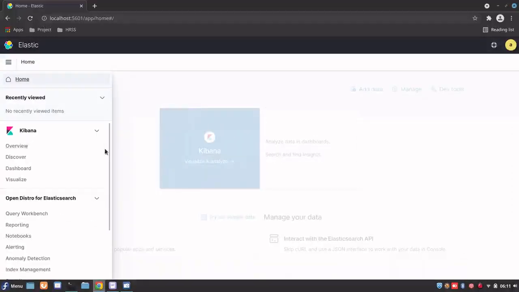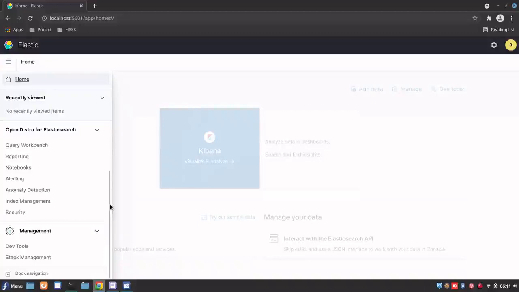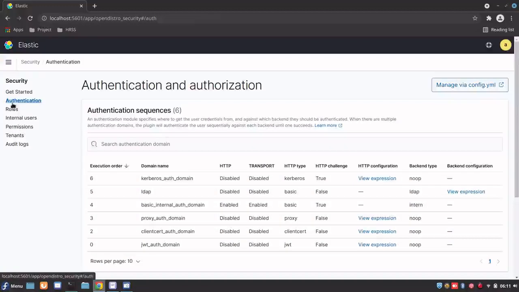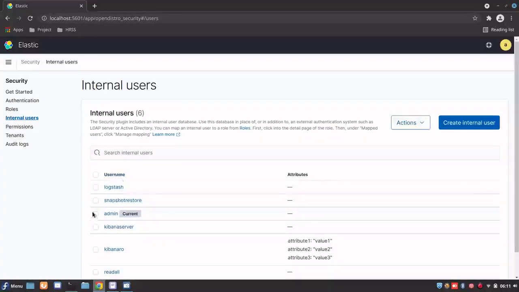Here also I'll give you a quick overview of where you can see the security settings. You can see in the security section, authentication. This is all the authentication methods that are supported. And this is where the internal users are available.